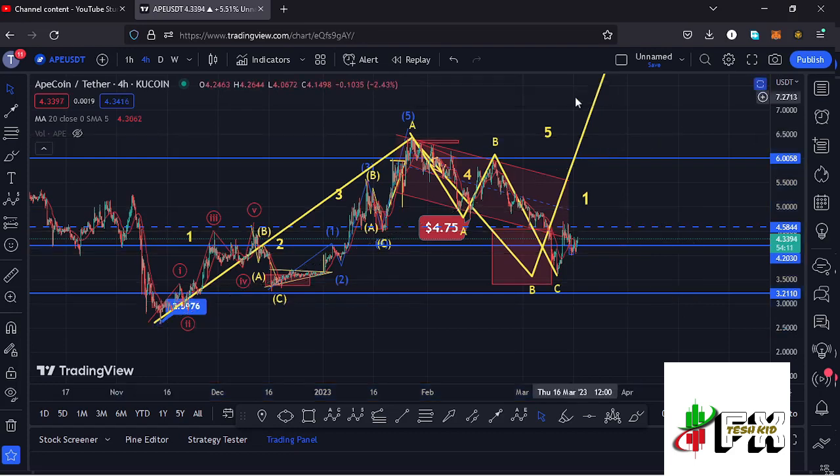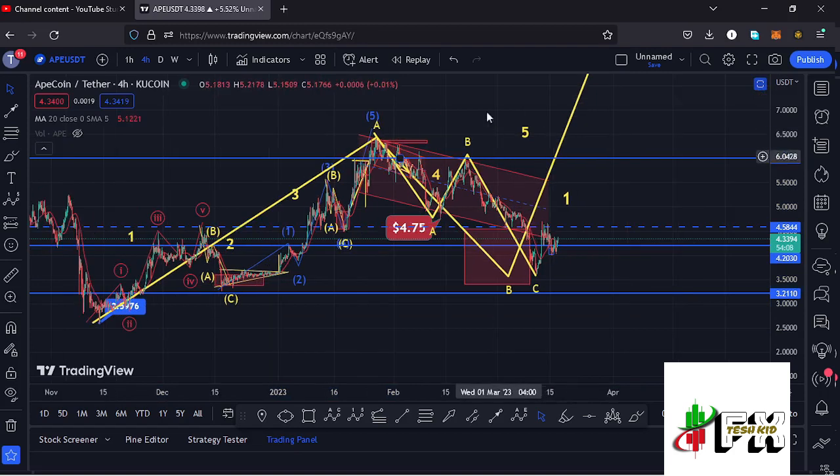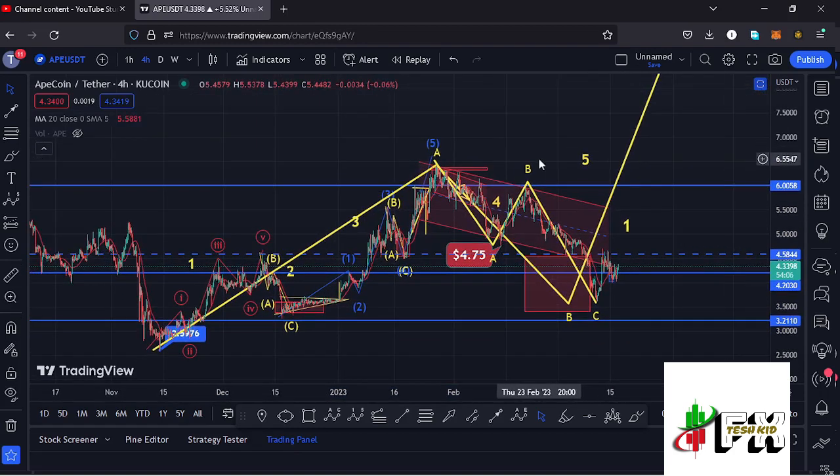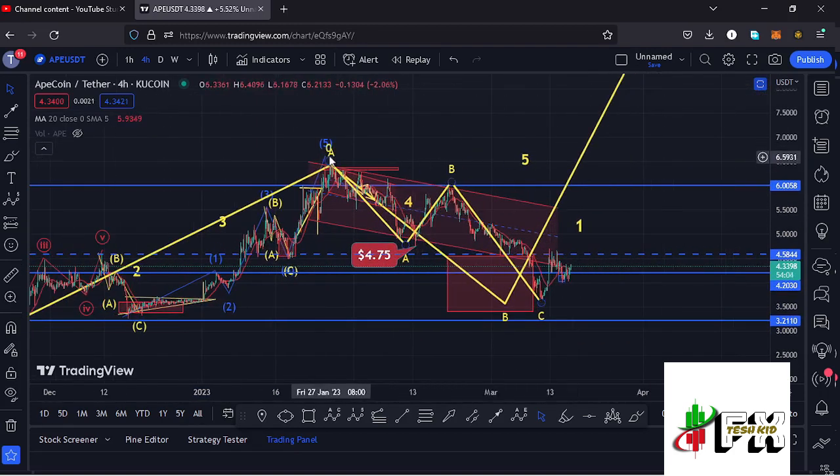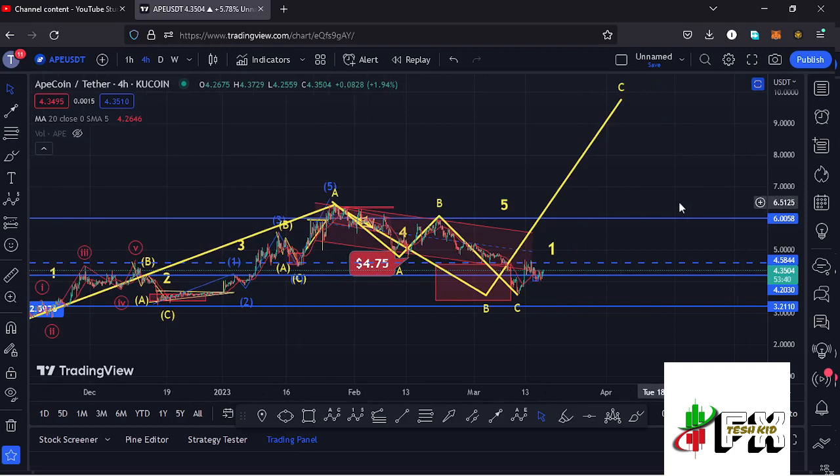And in the formation of that wave B, which is a corrective wave, we also expected to see an ABC corrective structure play out. Here on the chart you can see that I have this ABC corrective structure, having the wave C giving us the low in the formation of that wave B. Having seen the low for that second wave, whatever we expect here on the long-term scenarios is the start of an impulsive wave to the upside in the formation